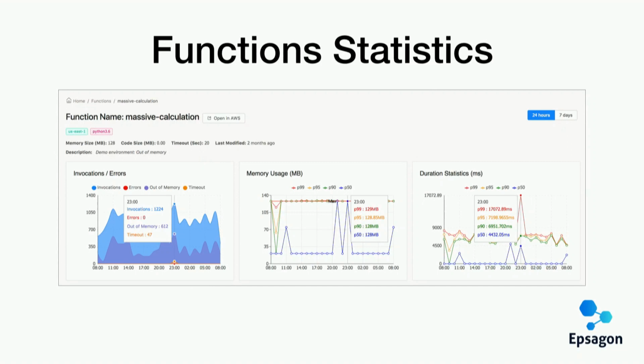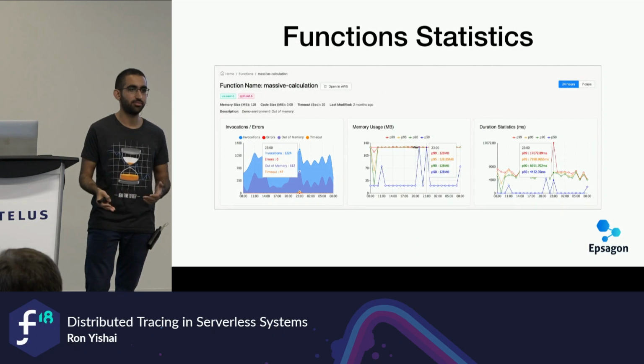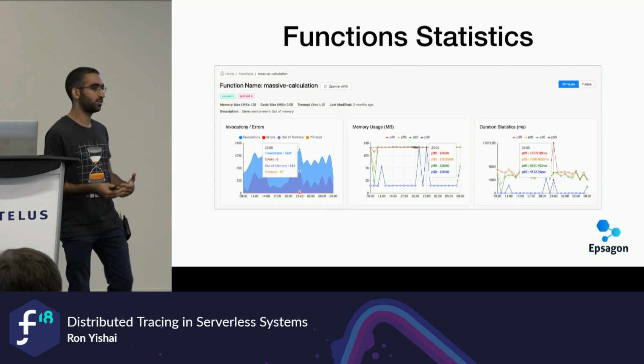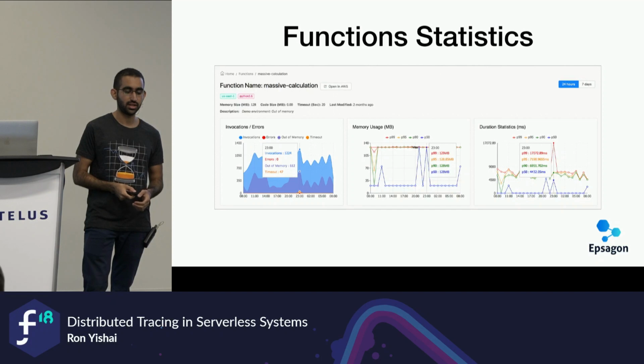I want to see percentiles, because, for example, if only at the P99 percentile I reach the memory limit, but at the P50 percentile I'm much below it, maybe the problem is not that there is not enough memory. Maybe the problem is that there are some cases that this Lambda can't process correctly. So I need this kind of metrics and information,